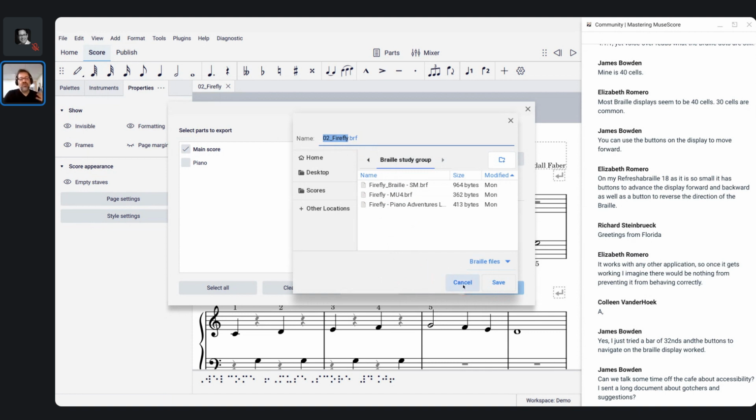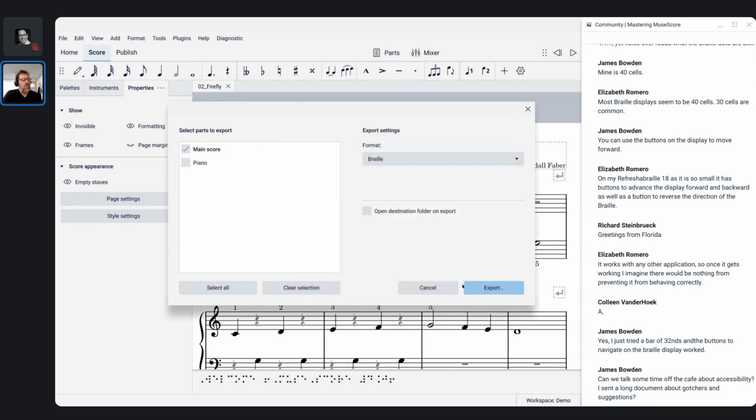So that's it. You just do that. In the file dialog, you enter a file name or accept the default, pick a folder or accept the default, and it will export a BRF file for you. And I'm about to open that BRF file so we can see what it's in, and I'll try to talk through it, and then those of you who know Braille a little bit can help me out. But before I do that,